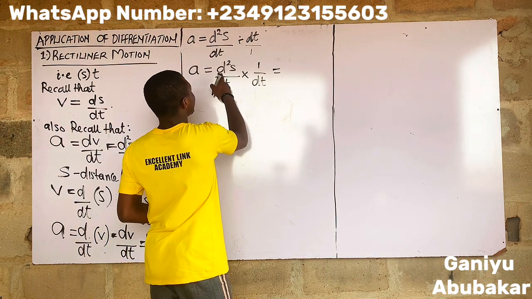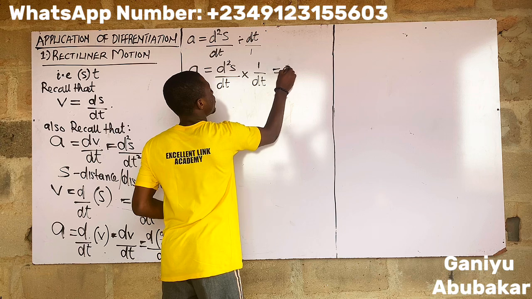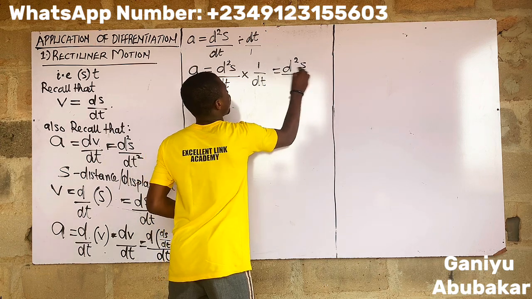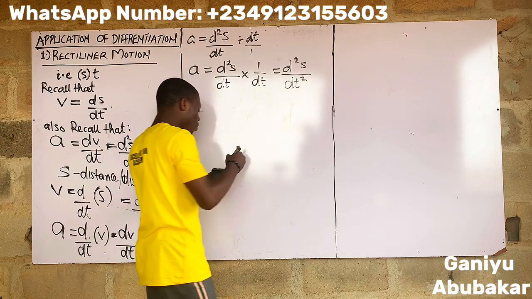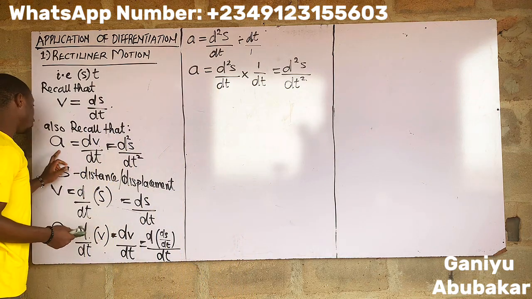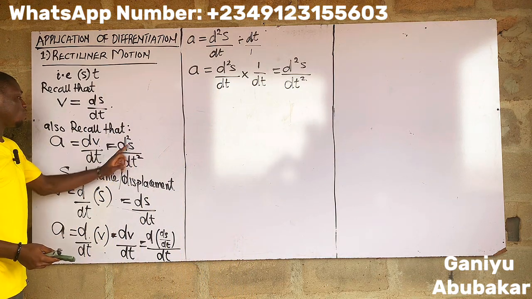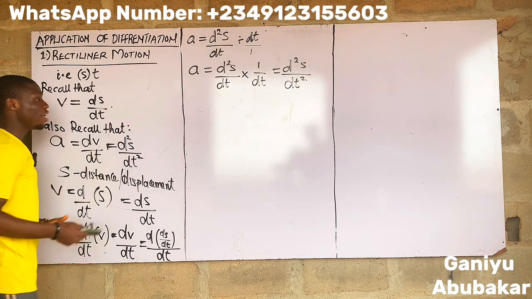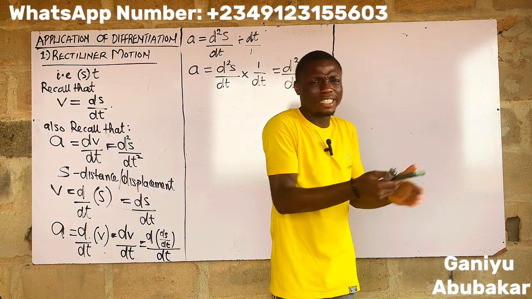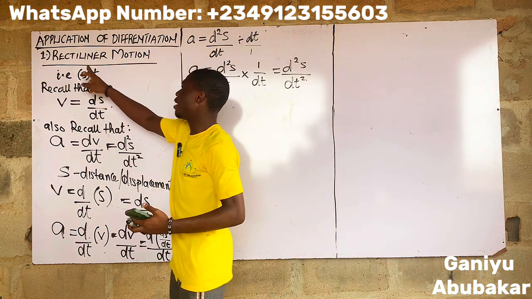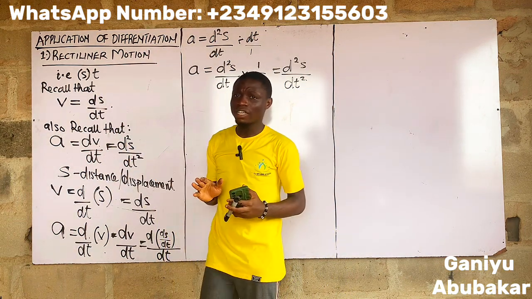So multiply this. I have d squared x times 1. That gives d squared x all over dt times dt equals dt squared. This is how I got acceleration to be equal to d squared x over dt squared, right? So now listen up. The major task you need to understand when it comes to rectilinear motion is that if